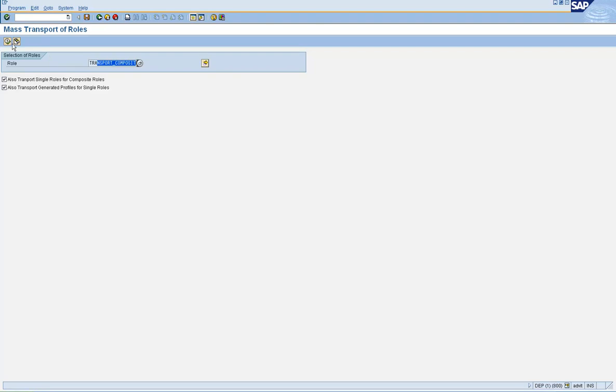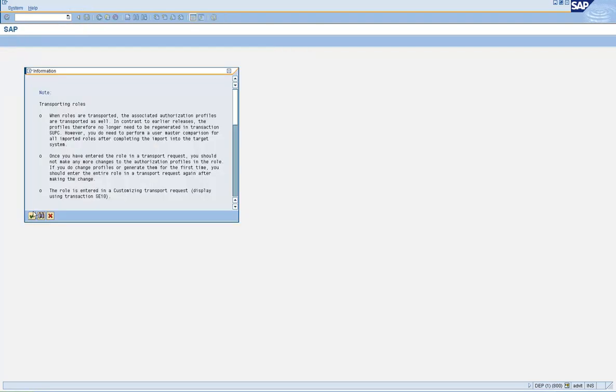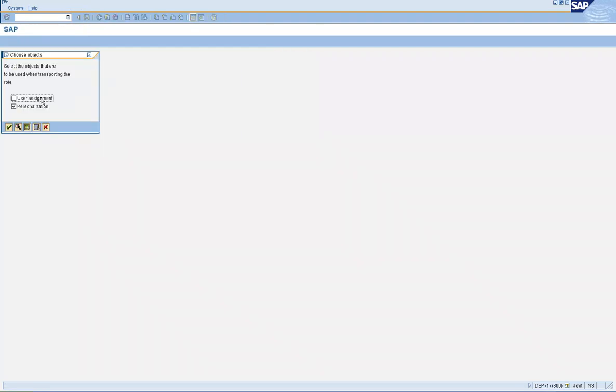Now after this, the steps are pretty much the same. Click on continue. You get a choice for transporting the roles with user assignments, which you should never do. Click on continue.